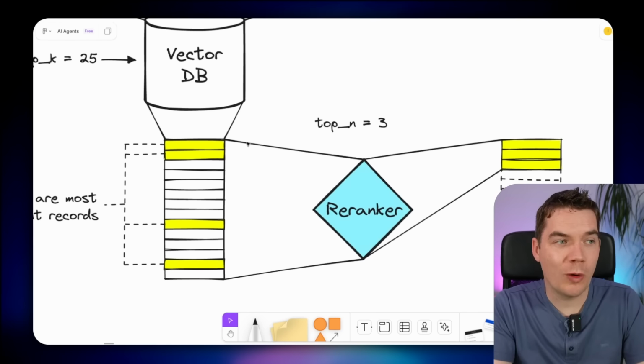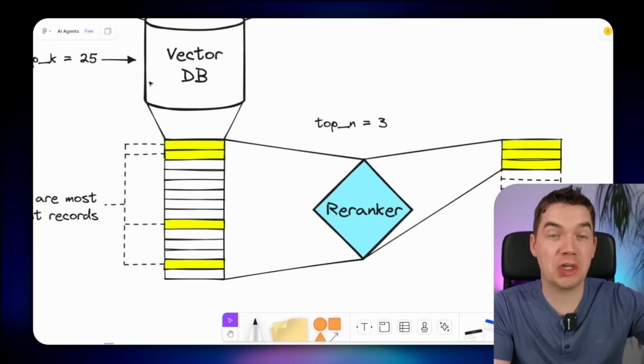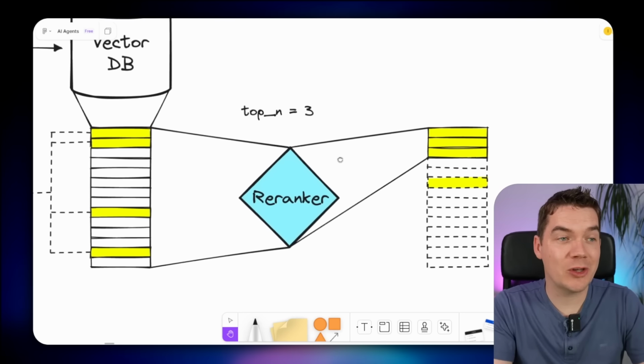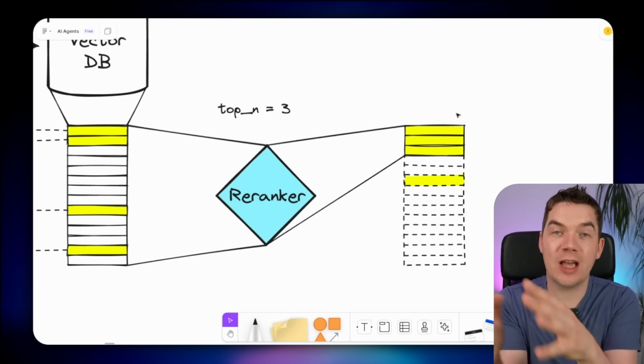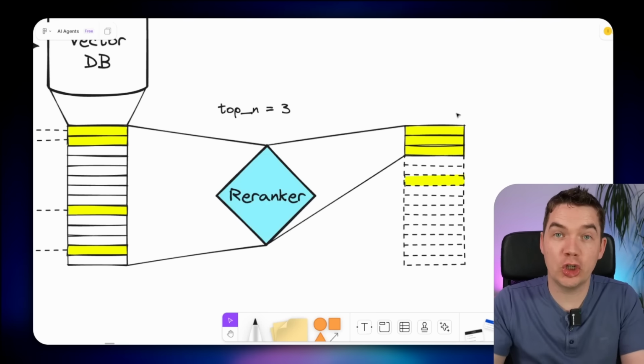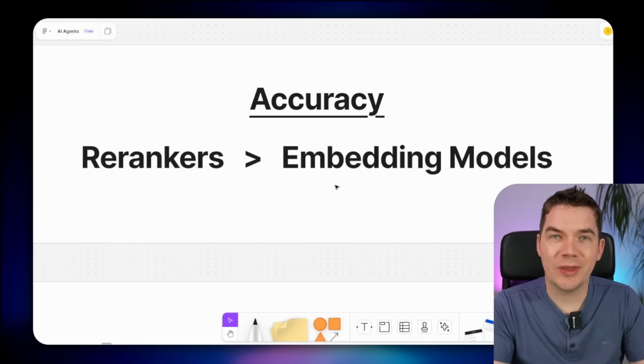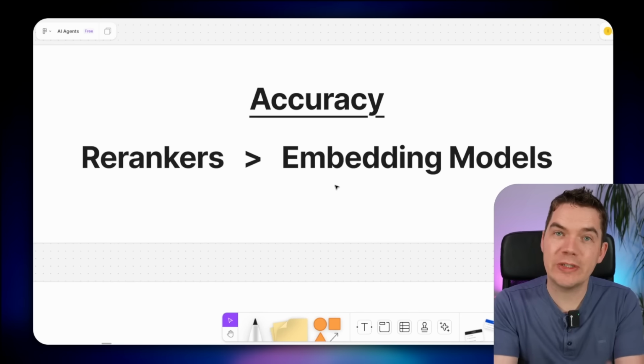So with this approach, we're maximizing retrieval recall because we're able to increase the number of results coming from the vector store. And we're also maximizing LLM recall because we're not polluting an LLM's context with lots of different chunks that are somewhat irrelevant. So the key thing here is that from an accuracy perspective, re-rankers are much more accurate